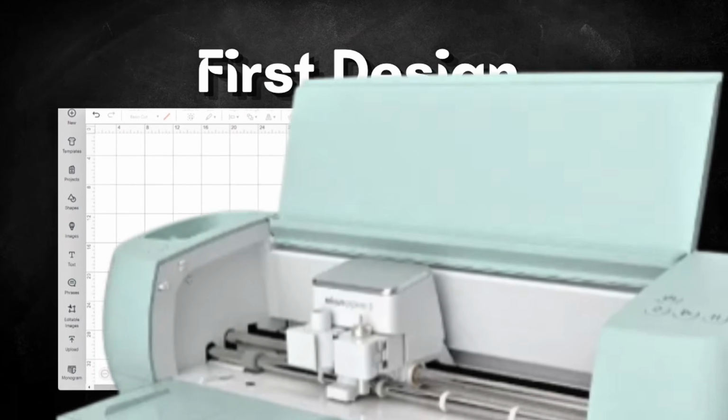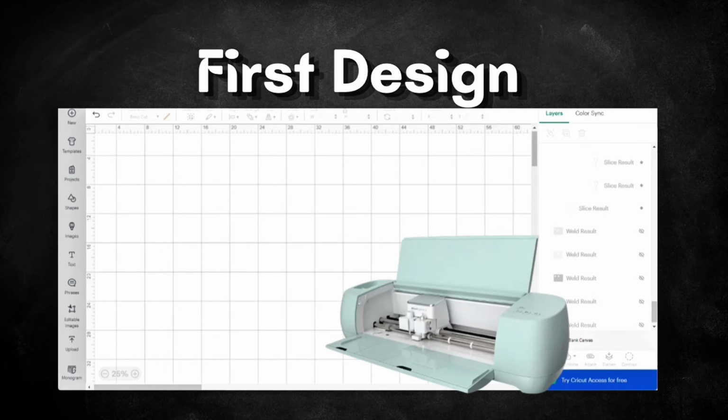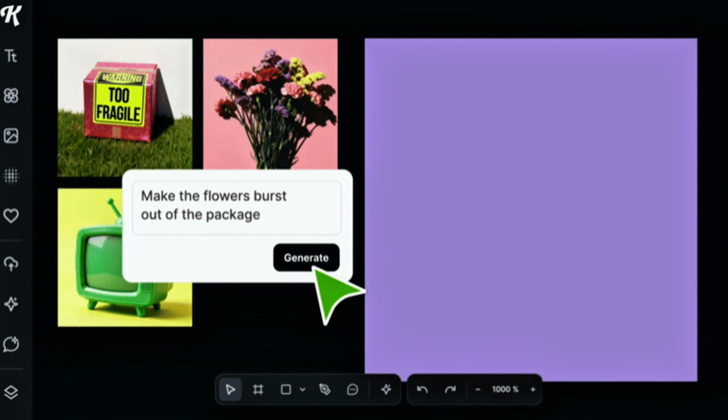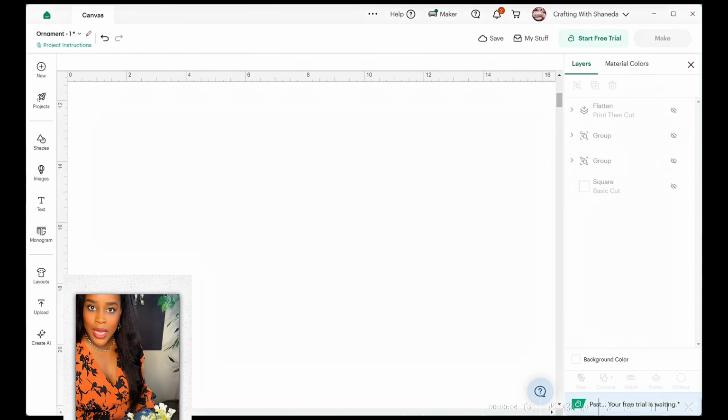The first way, I'm going to head over to Cricut Design Space and we'll create a design using the free elements that are available in Cricut Design Space. And then we'll head over to Kittl's platform and using a prompt, we'll see what Kittl can produce and generate for us. So we are in Cricut Design Space and the first thing we're going to do is go to